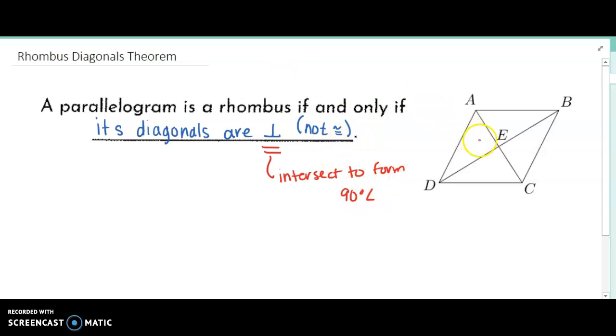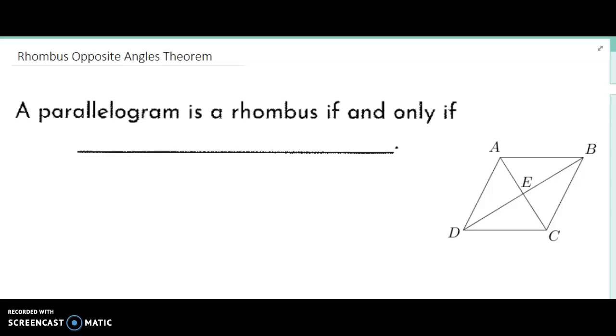So to show this on here, I would just put this is a right angle, this is a right angle, this is a right angle, and this is a right angle. And this one, the rhombus opposite angles theorem, I would definitely write a sketch and mark it, because the wording of this is kind of confusing and it's a lot easier to visualize it and see a picture. The rhombus opposite angles theorem tells us that a parallelogram is a rhombus if and only if its diagonals bisect the vertex